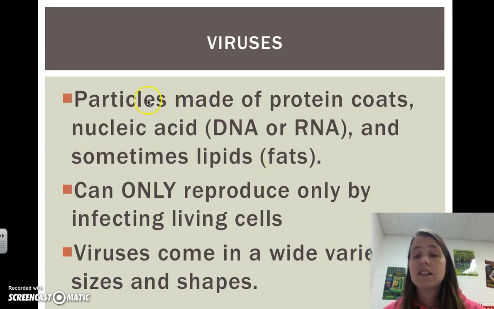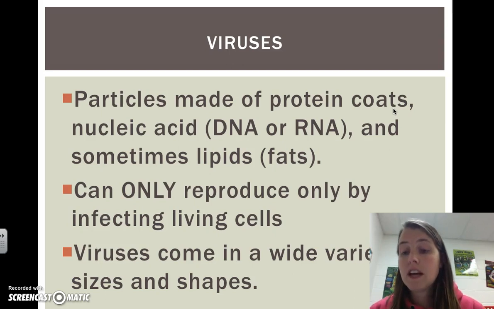All right, viruses, these are particles that are made of protein coats, meaning they have protein on the outside, and then nucleic acids, either DNA or RNA, as instructions, and then sometimes lipids or fats. They can only reproduce inside of living cells. So that means they can only reproduce either once they are inside a cell or they use the actual cell